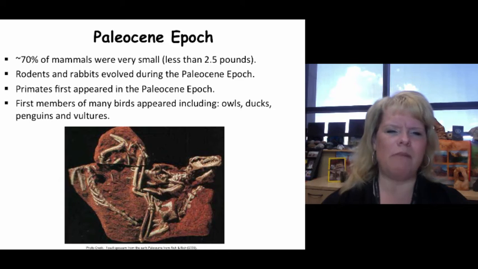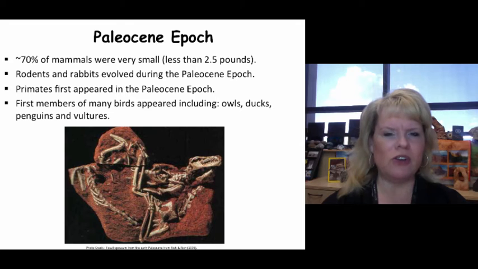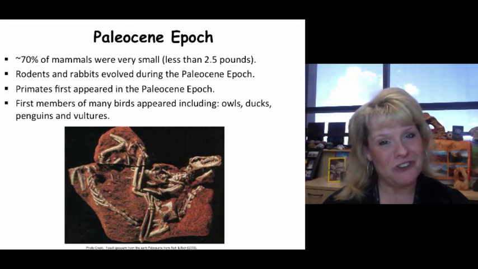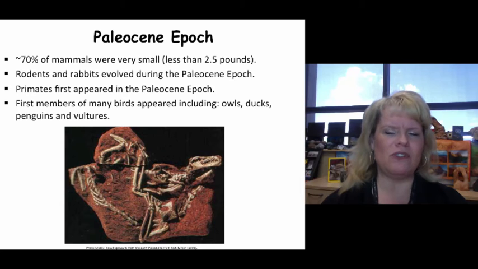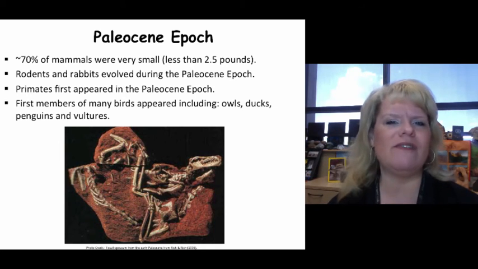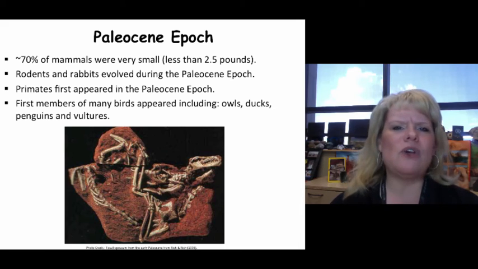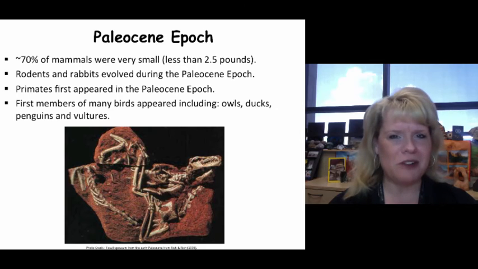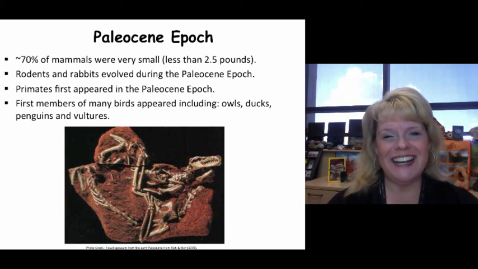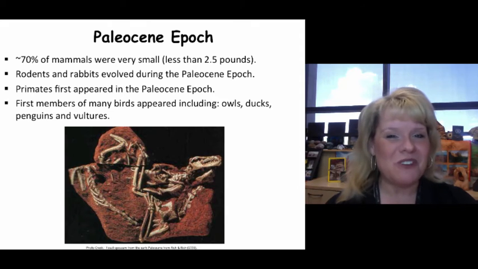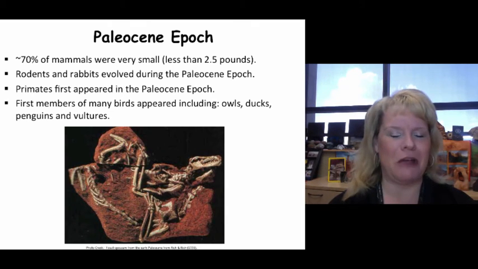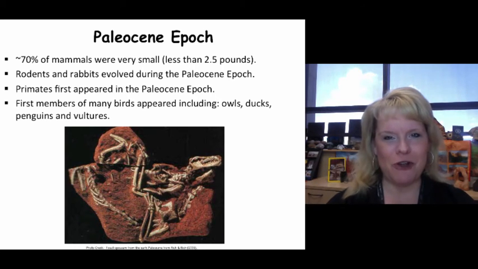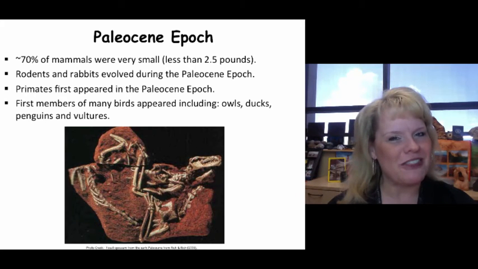In the Paleocene epoch, our mammals were small. Keep in mind, mammals have been around since the Cretaceous period, through the Jurassic, and even through the Triassic, right? But we had smaller mammals that had survived the mass extinction event at the end of the Cretaceous period. So we're going to see things like rodents for the most part, and when you consider that rodents make up most of the population of mammals percentage-wise in kingdom Animalia, it's almost humbling. If you read your book, you probably saw a stunning percentage of how much of mammals rodents make up, and you take a new look at them with a different eye, right?